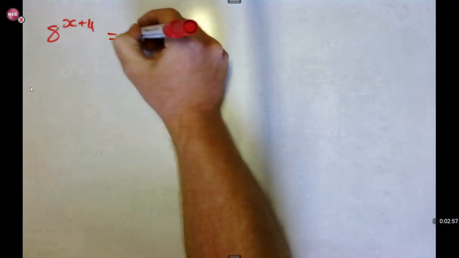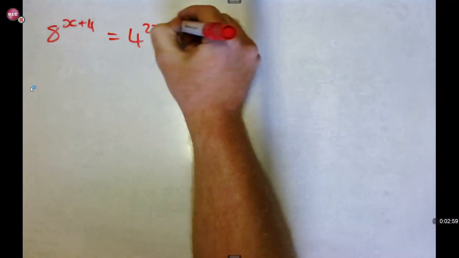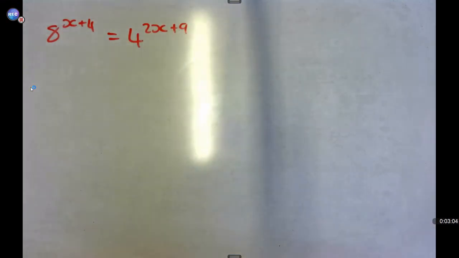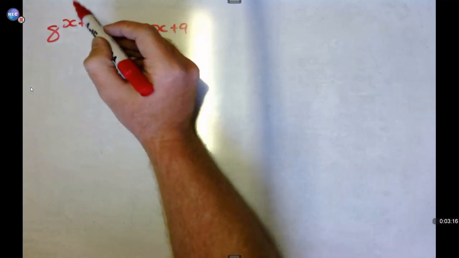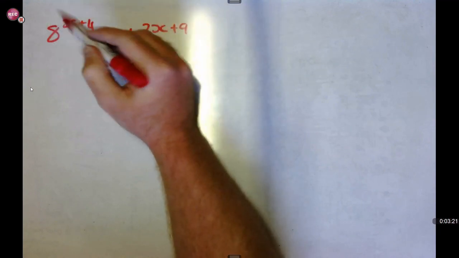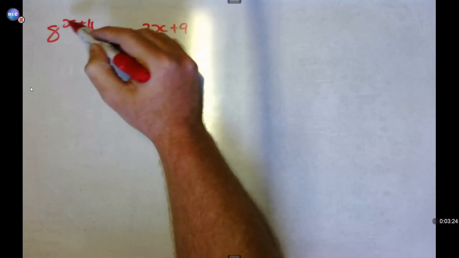Okay, our next question looks like this. We've got 8 to the power of x plus 4, and that would be equal to 4 to the power of 2x plus 9. Now both of these can be changed. If you follow that calculator method, you put it in, equal, shift, factorize, that will give you the prime factors for those numbers. And what you must understand is, because you've got two terms at the top here, whatever you get must be distributed to both of these.